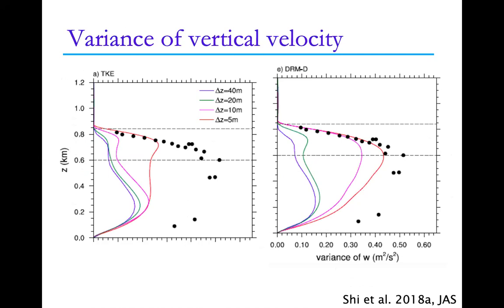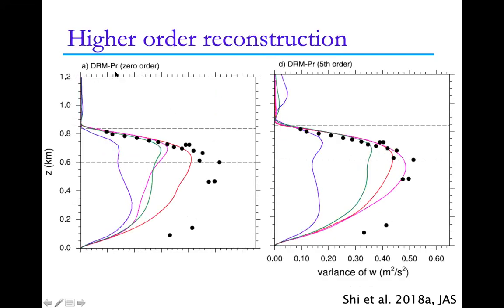And then we looked at different levels of reconstruction in the DRM and different variations. I won't go into the details here, but with 0 order reconstruction compared to 5th order reconstruction, you can see the DRM is much better able to capture this velocity variance again. And this is at the same colors, this is at the finest resolutions. But on the right, this panel is with 5th order reconstruction compared to 0 on the left.